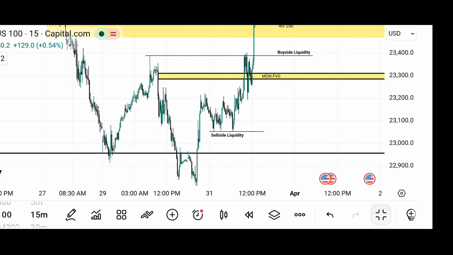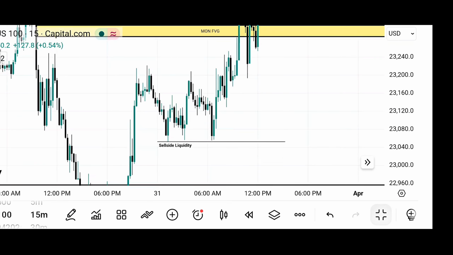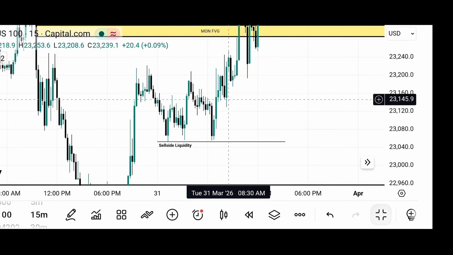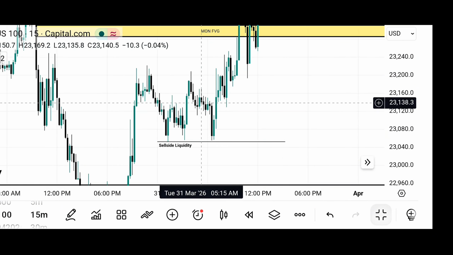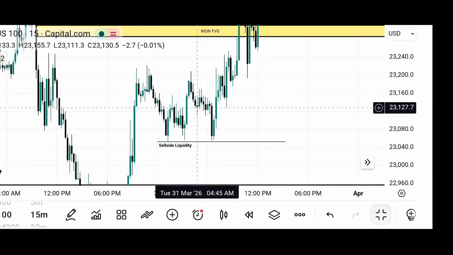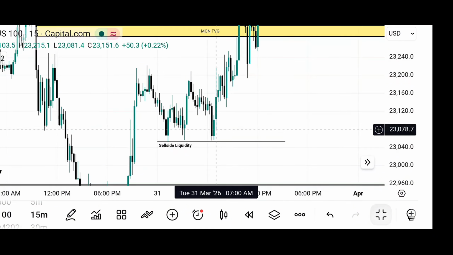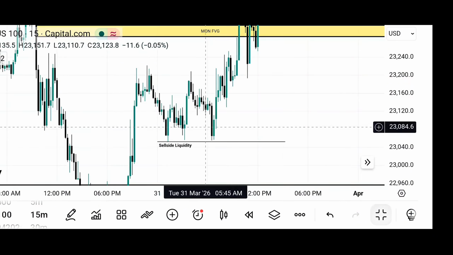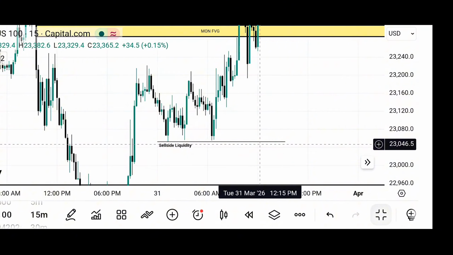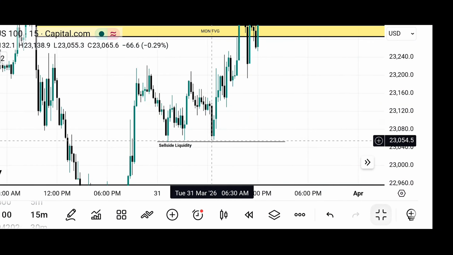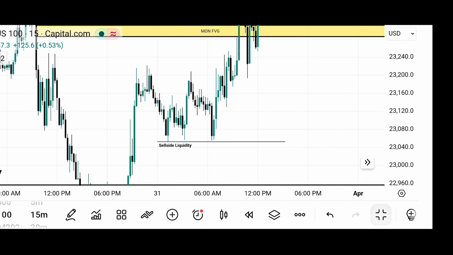So while I was looking at the charts, at first on the Nasdaq, I was waiting for price to trade down, while price was still forming in this range. I was waiting for price to take out the sell side liquidity. That's why I got it labeled. Then I checked